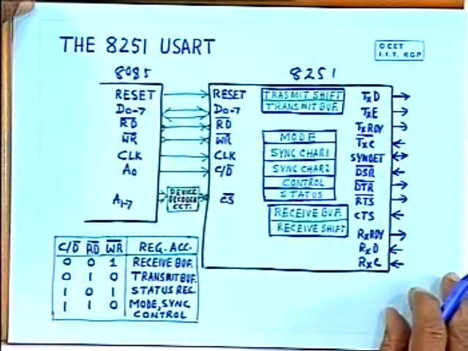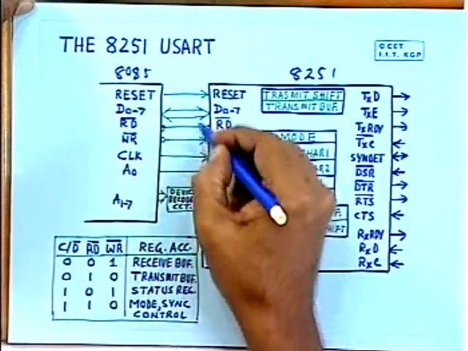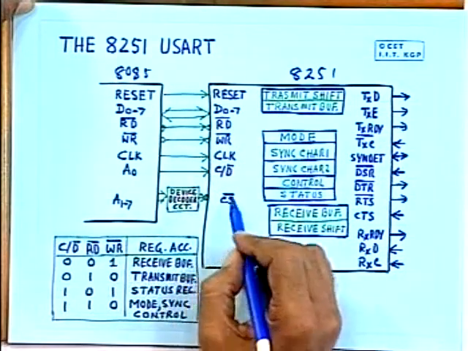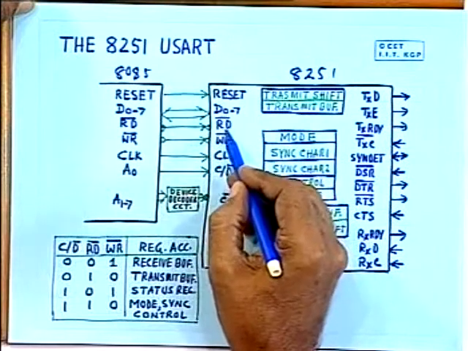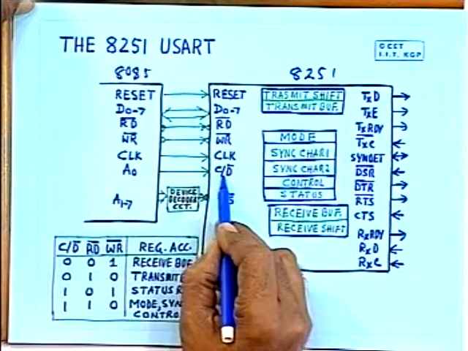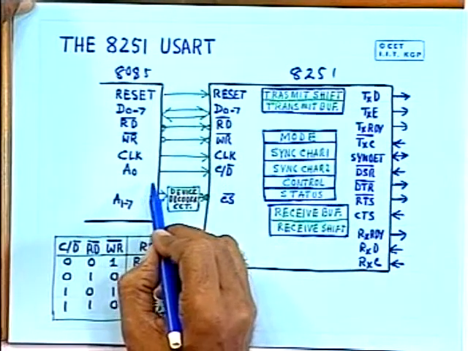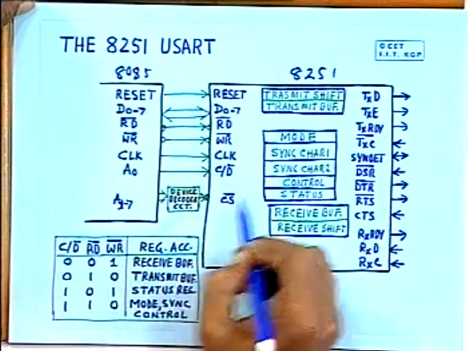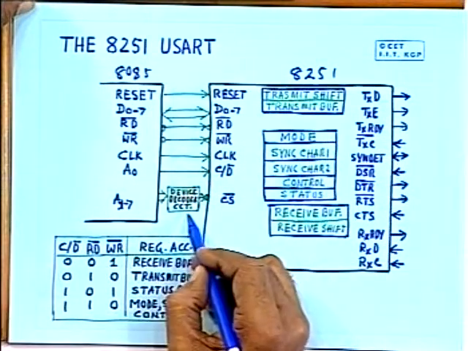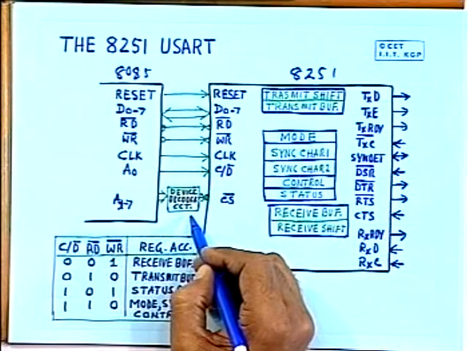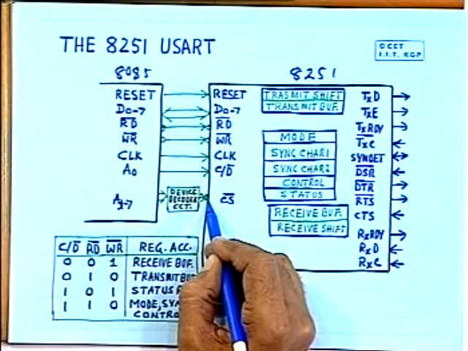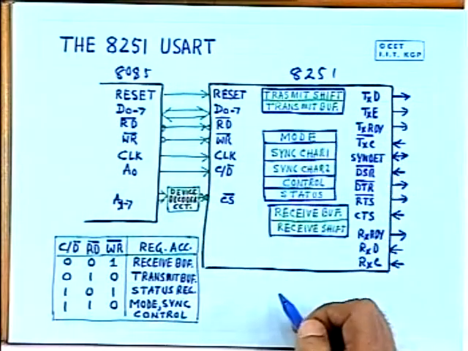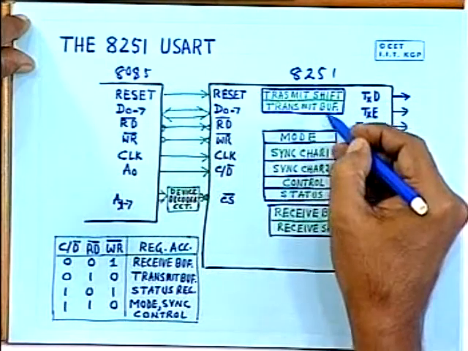is shown with the help of this diagram. So this side goes to the microprocessor side, to the system bus, as you can see here: data lines, read, write, clock, and C/D (command/data), which is connected to the A0 address line. Then A1 to A17 are used to map the various registers on the I/O address bus, and so chip select will be generated based on the decoder circuit on which these addresses are mapped, and the various registers available are shown